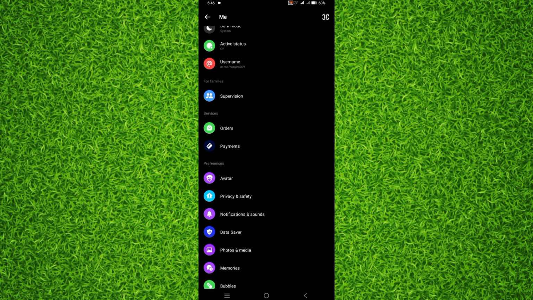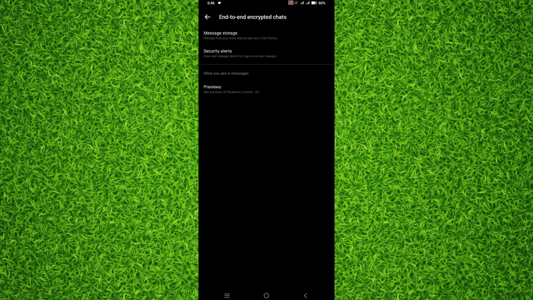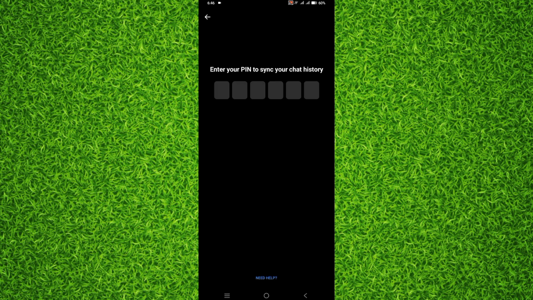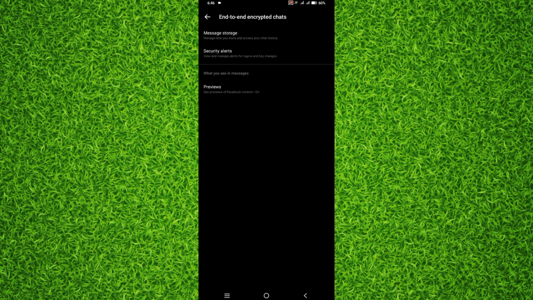Now you'll have to tap on privacy and safety in the preferences section, and you'll have to tap on end-to-end encrypted chats right here, and then you'll have to tap on manage storage on the top, and make sure that you tap on turn on secure storage, and you'll have to type in your WhatsApp pin and then confirm it, and it will be turned on. Now you'll have to go back and